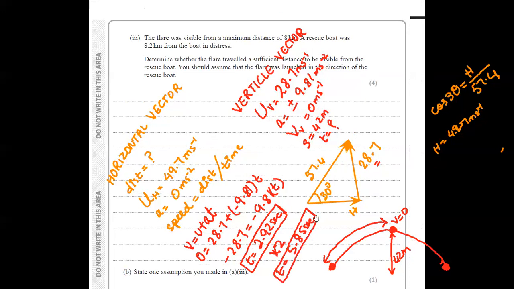Now that I have the total time for the journey, I can simply put it in my initial formula. Speed is equal to distance over time. We want to know the horizontal distance, so I will use the horizontal speed. Horizontal speed is 49.7. I do not know the horizontal distance, but I do know that the total time taken is 5.85. So 49.7 multiplied by 5.85 gives me,